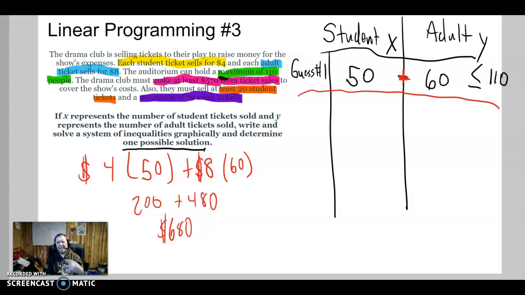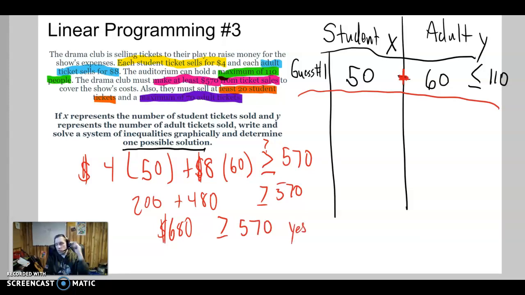So is this at least $570? I want this to be more than that or less than that? Oh, at least. That means this is more than that or equal to. And I'm just going to keep writing that down because it's going to help me think through this. So is $680 more than 570 or equal to? Yes. Okay. So what's pretty cool is I already found one solution that does work,